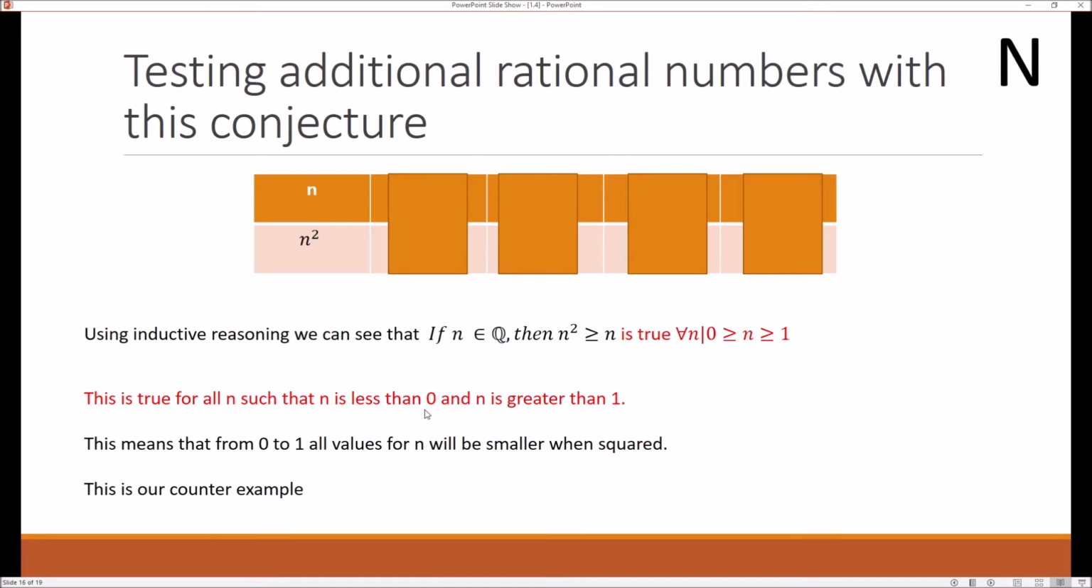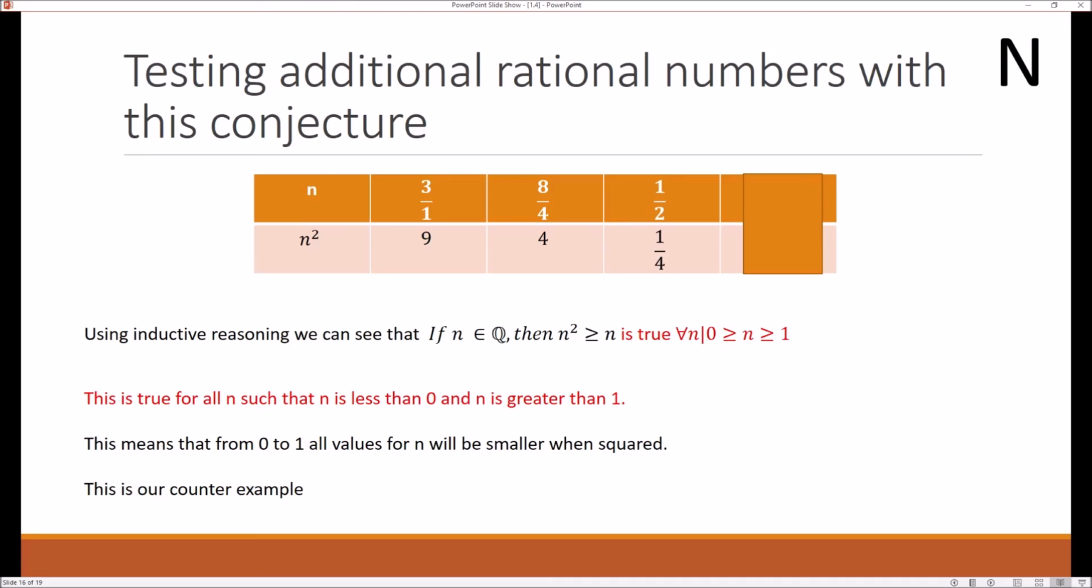So let's look at 3 over 1. That reduces to 3, and 3 squared is 9. Still works for this conjecture. 8 over 4 is 2, and 2 squared is 4. So 2 is still less than or equal to 4, so we're good to go. But now we're going to run into a problem. 1/2